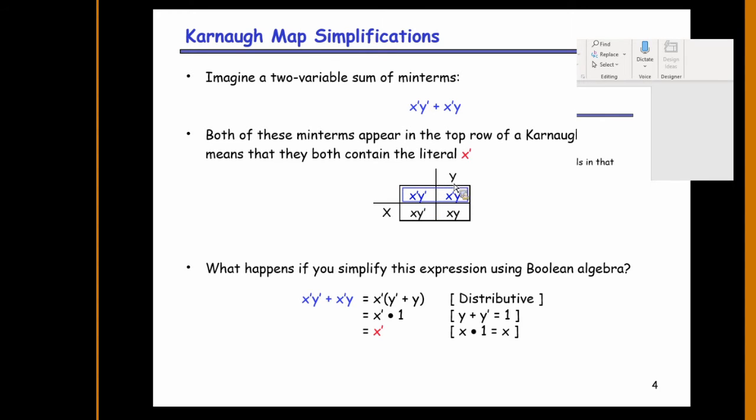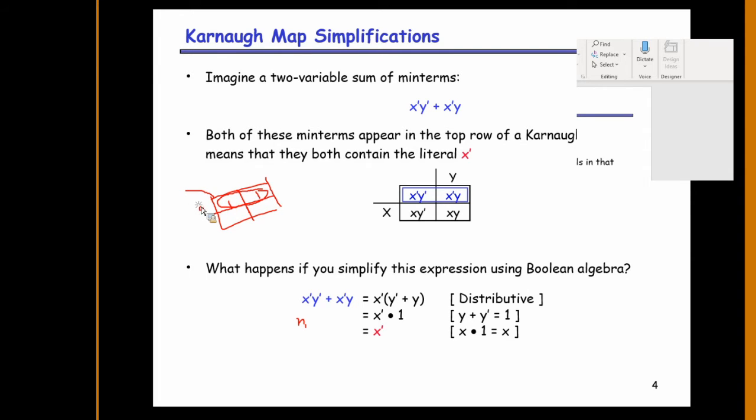I can minimize the function just by drawing a simple big square here, with binary cells, and I first map the function. Because my function is a two variable function, the two product terms are x bar y bar, which means m0, and x bar y, which is m1. I place ones on the corresponding cells. Then these two are ones, so I can form a big square. The big square I formed like this.